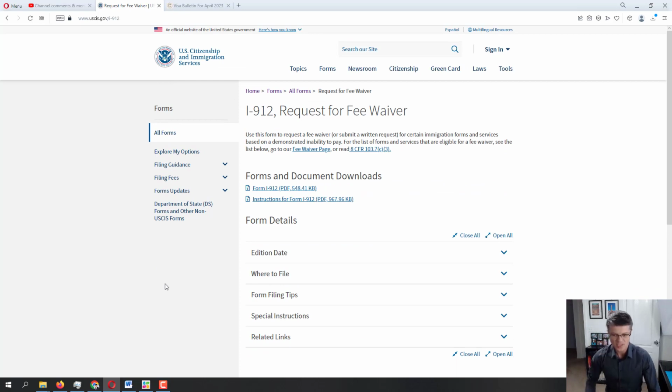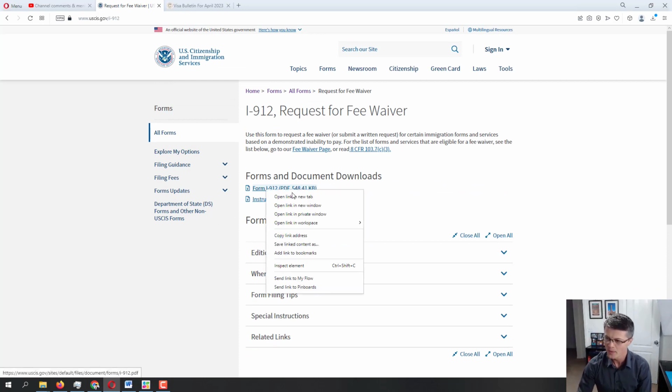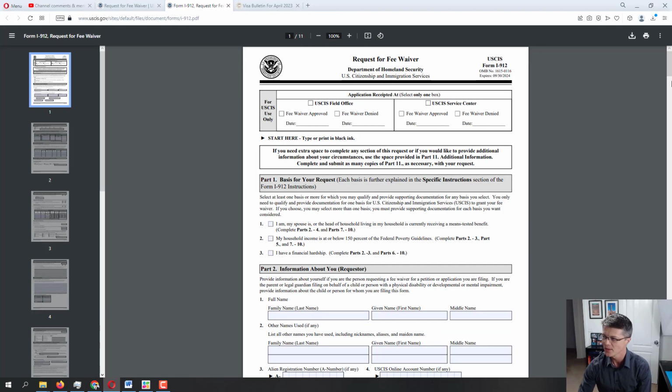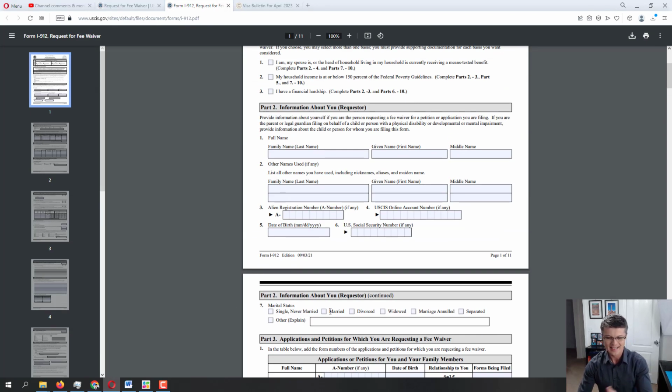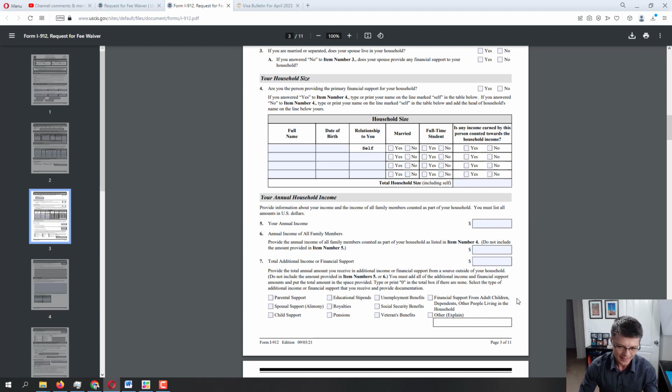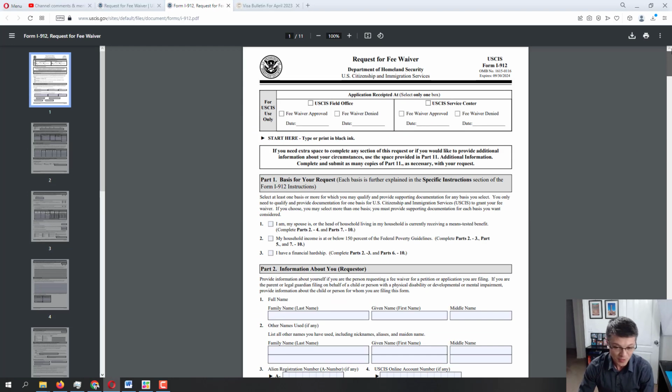And basically the way it works, it's very simple, it's very straightforward. I'm gonna open up the form here so that you can kind of see what it looks like. Don't let this scare you away. Basically all these fields, they're asking for your financial information. Basically they want to make sure that you are experiencing a financial hardship before they approve your fee waiver. But one of the requirements to be eligible for the fee waiver is being a recipient of those public benefits, which are the food stamps, Medicaid, all that sort of stuff. So if you're already receiving the food stamps and the Medicaid, then you definitely do meet the requirements, the criteria